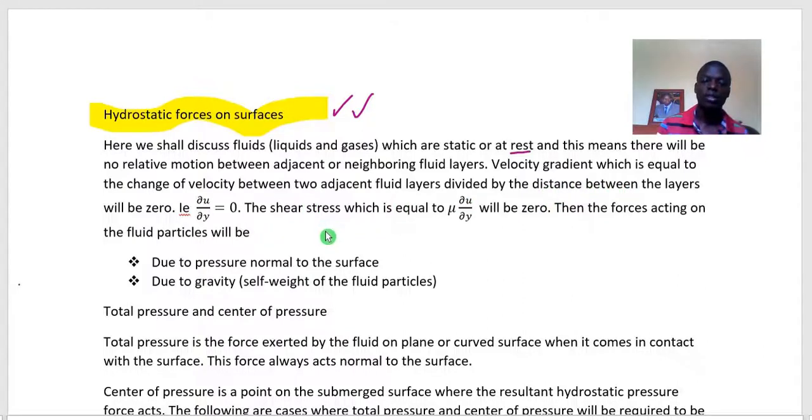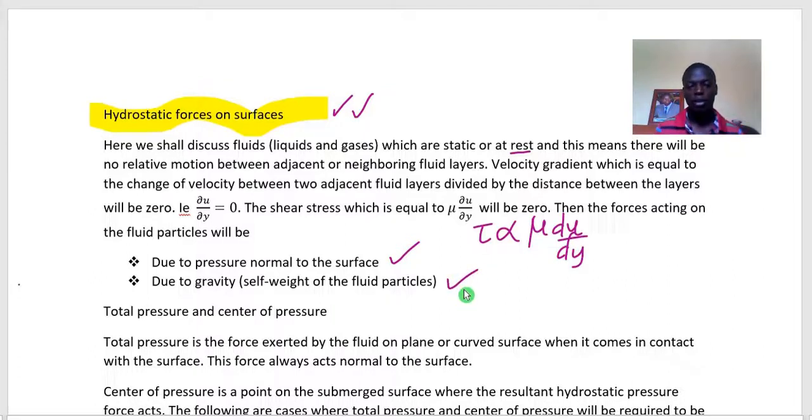The shear stress, which is equal to nu del u del y, will equal 0 according to Newton's law of viscosity, meaning that shear stress, which is directly proportional to nu du dy, will equal 0. Meaning that the only forces that are going to act on the fluid particles are going to be the pressure force, which will be normal to the surface, and the force due to gravity or self-weight